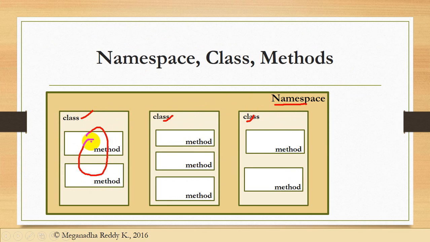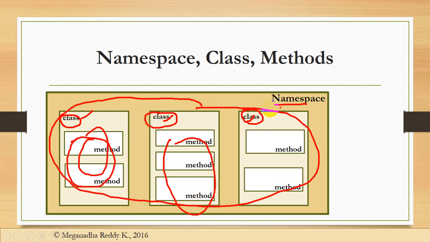So let's take, for example, I need to send an email. So email components will be present in one class, and I want to read and write a text file. So that will be there in one class, and I want to create a UI, and that will be there in one class. So the reason is similar functionality related methods, they are grouped into a class, and similar classes, they are grouped into a namespace.